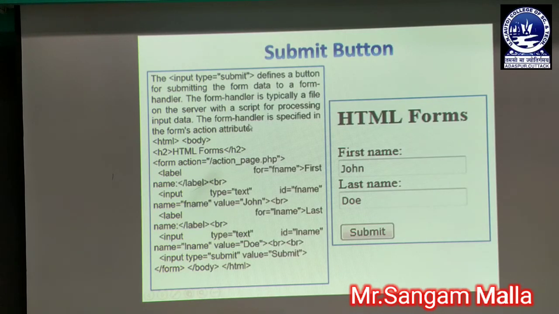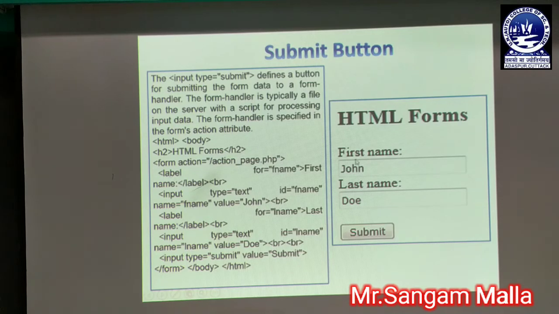So without wasting much of our time, let's move on to the syntax, or the program that has been written over here. The program starts with HTML followed by the body tag. We have given HTML Forms as the heading. You can see that HTML Forms has been printed with the size 2 heading tag. Next comes our form, where we have written the attribute action equal to action_page.php. That means whatever data is collected from here will be transferred to action_page.php, which has been saved on the server side.